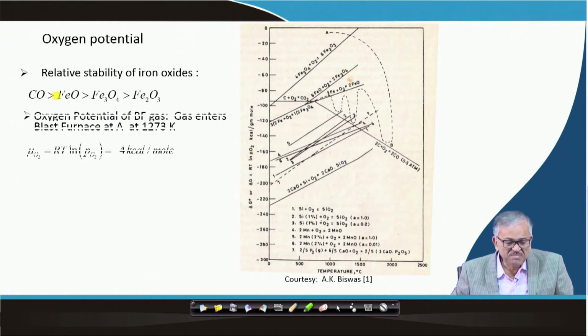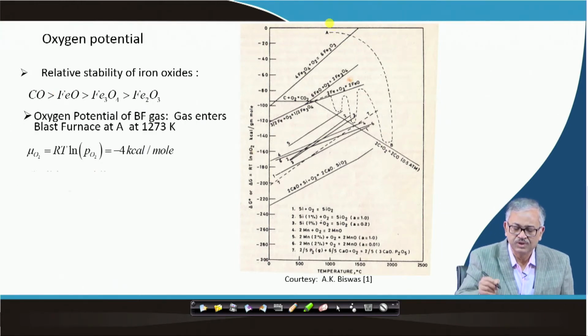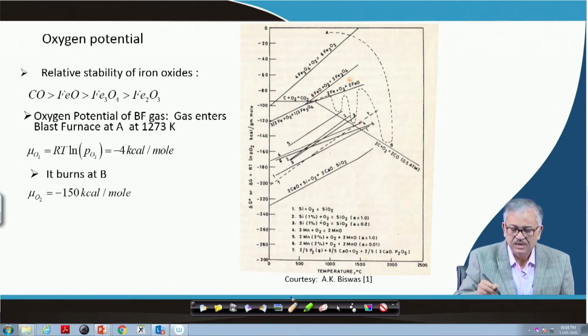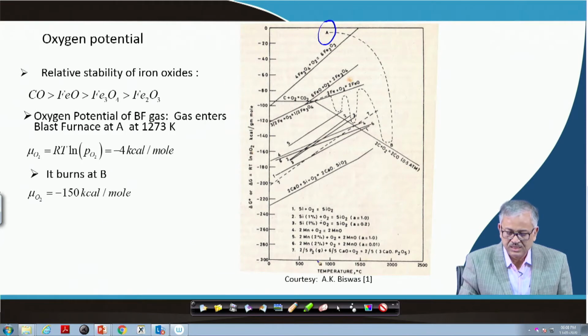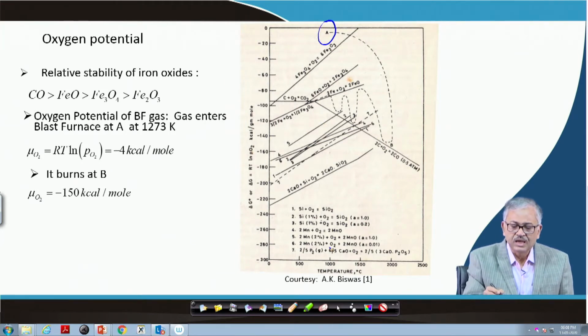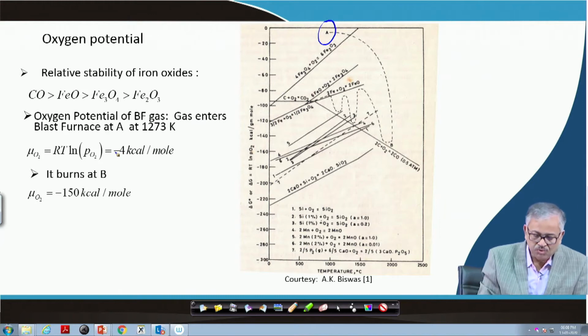And you can see the oxygen potential just here at this point A, when the gas enters. Basically the gas enters at point A around 1000 degrees centigrade, and its oxidation potential is around 0.4 kilocalorie per mole. Why is it so? Because you know the partial